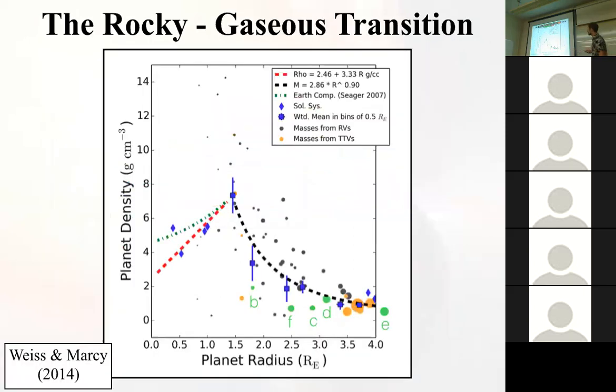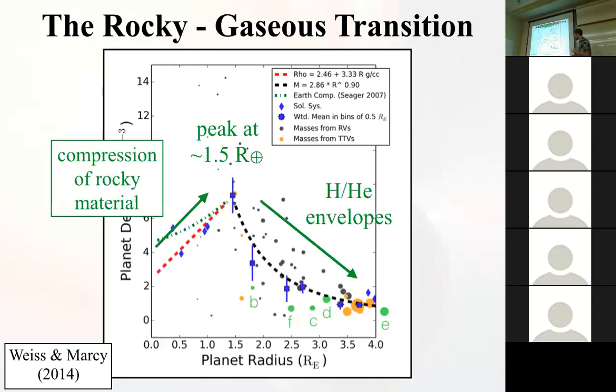But one thing that we have learned is that there seems to be a turnover. If you plot the density of the planet, using the radius and the mass, versus the radius of the planet, and these are filtered measurements, only using the best measurements that we have, you see that the density increases up to a certain radius. And then at that critical radius, which is about 1.5 Earth radii or so, the density starts to decrease again. This has been interpreted as the signature of a transition between planets that are mostly rocky and those that have substantial atmospheres, including lighter elements such as hydrogen and helium.